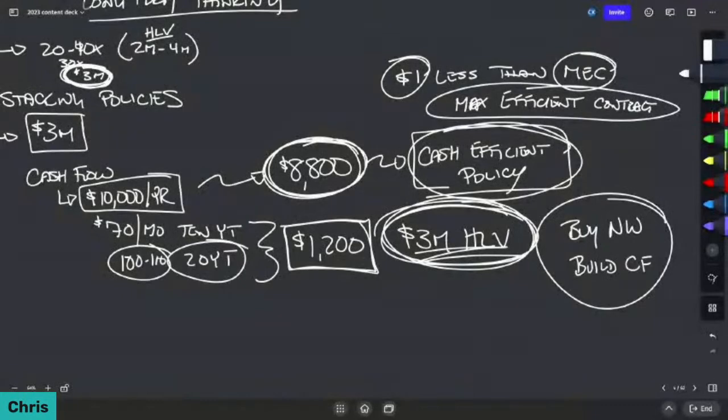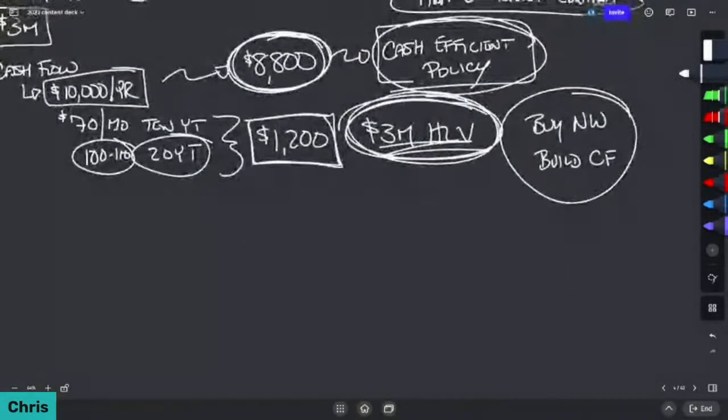So I said at the beginning, the human life value is where we start, I should say. And at the beginning, I said, I don't believe everybody's ready for an infinite banking policy. What do I mean by that? Well, a lot of people believe that everybody should start with a banking policy, but at the end of the day, maybe you have debt, you have inefficiencies in your finances, you have leaks in your financial world, you got to plug those. Maybe your cash flow isn't where it needs to be or where you want it to be. And at the end of the day, it might make sense.